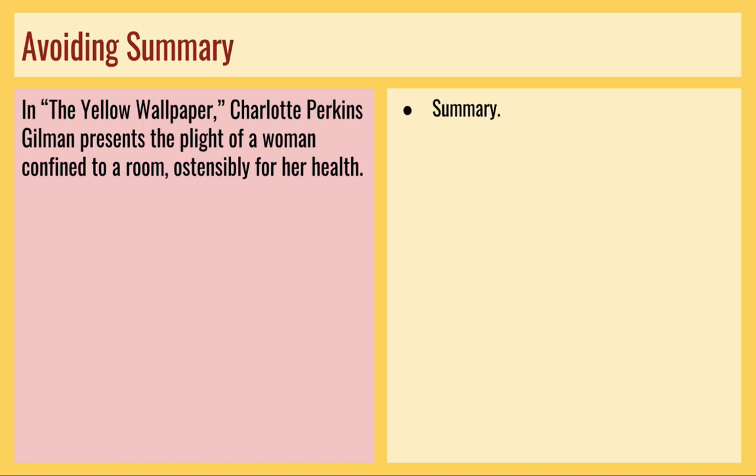So when I see a sentence like this, I think, okay, this entire sentence exists to summarize details from the assigned text. I already know what happens in that text, and I'm not asking you to write a paper so that I can find out what happened in The Yellow Wallpaper. I want you to demonstrate your ability to defend original thoughts about what you've read. So when I see a sentence that exists only to summarize, I jump ahead to the next sentence